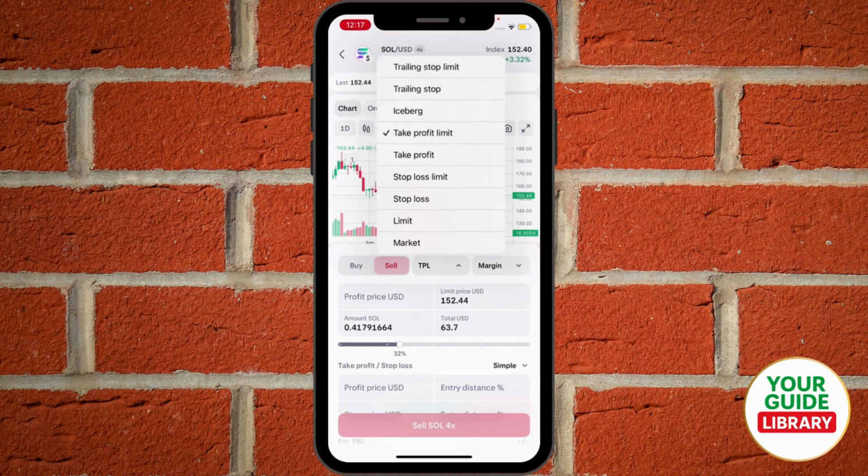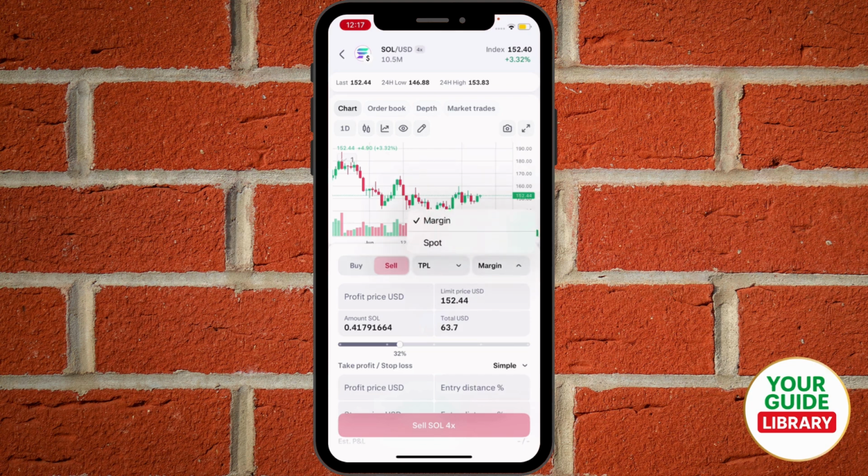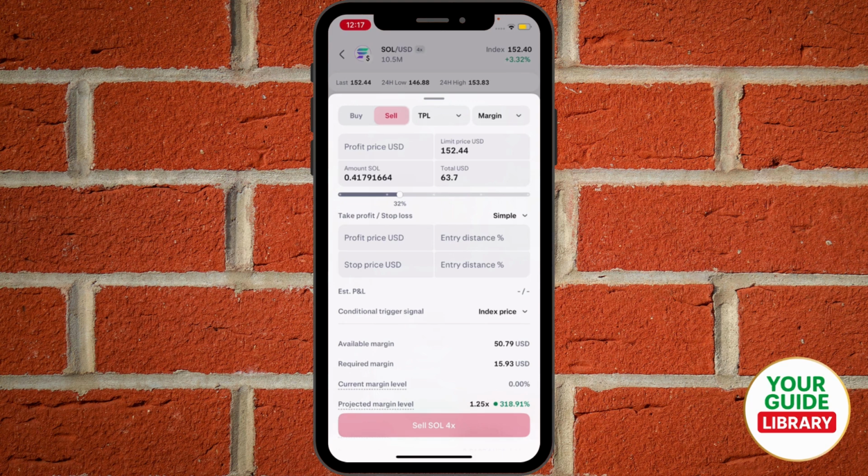And of course, select the type of trade, TP/SL or trading stop. And instead of margin, you can hit swap, right? And for safety, make sure to add a TP and SL so you can protect your own trading inside the Kraken Pro app, or basically inside the trade. So basically that's it. After you finish doing everything, just hit sell at the bottom and you can start shorting